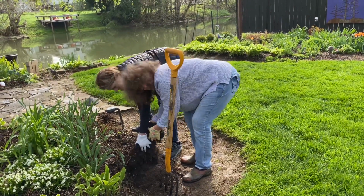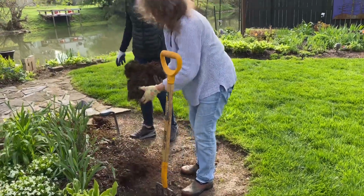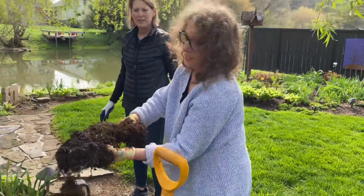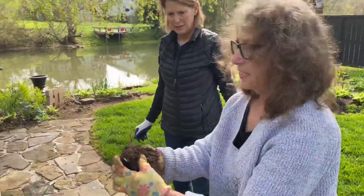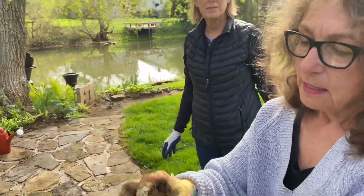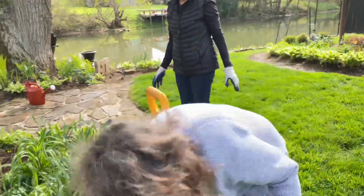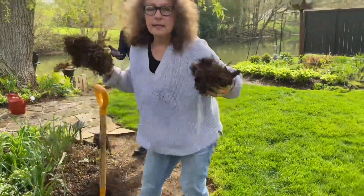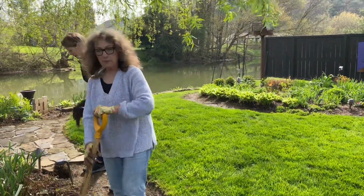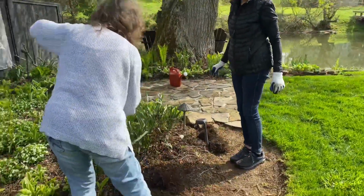And you don't have to be real gentle. You can just rip them apart. There we go. And when Sue gets home, she can just take pieces. She has a beautiful wooded lot, and just stick these no deeper than they came out of the ground. A lot of roots on that. There's the little head. And in no time, she'll have plenty to take home with her. So those are the Japanese painted ferns, the white violets, I'm excited,